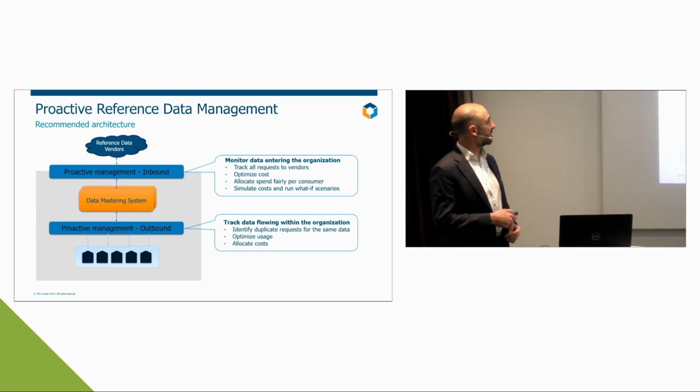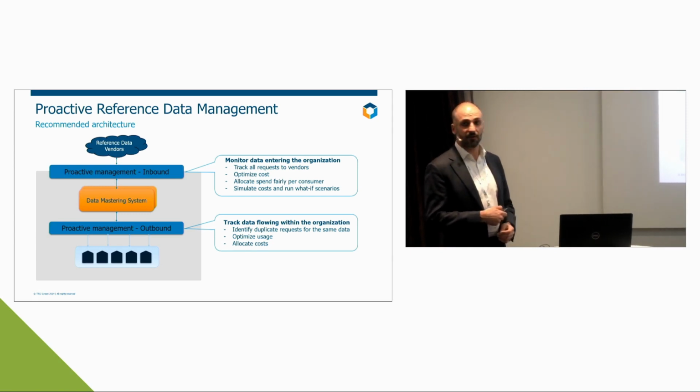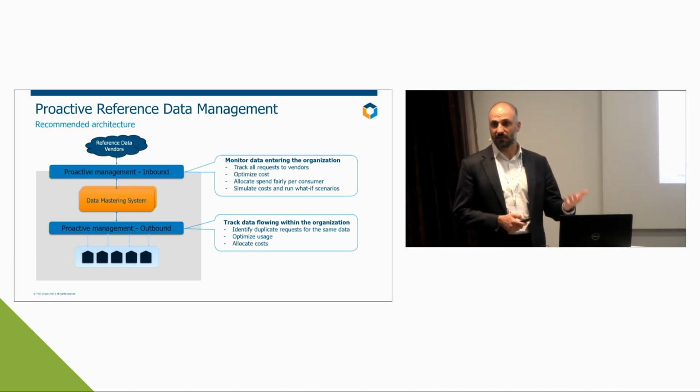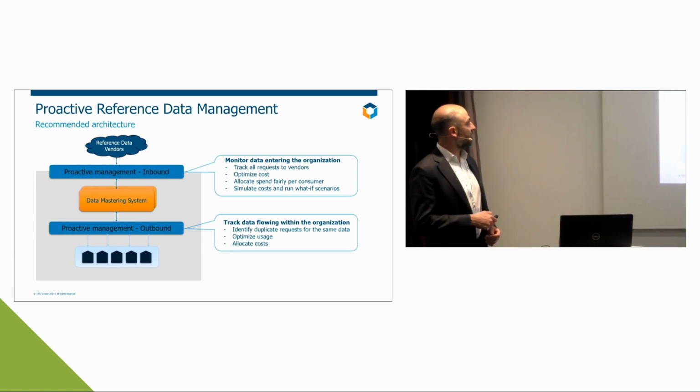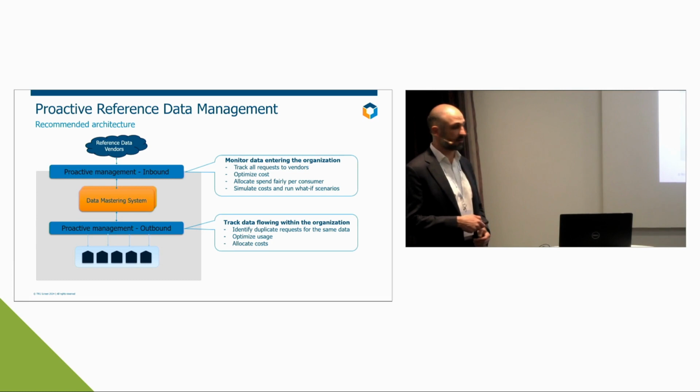Then we would plug in what we just talked about in terms of usage tracking, inbound, so data coming in from these external vendors into your mastering system, so that we can track spend, allocate it, understand who's consuming what, and create the rules that we talked about. But we can also plug it in downstream, so that if we're buying data, we know where that data is going. An example is, are we buying data and storing it in the mastering system, but nobody's pulling it down?